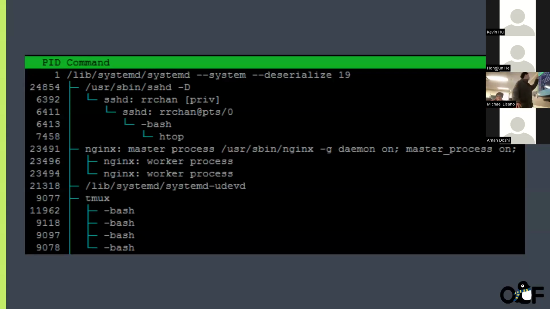But if you were to run it locally, it would look like essentially 1 first, and then you have a couple of other processes like SSHD, and then others. And then you can see that they depend on each other like this. And the same for Nginx, Tmux. You have the shell running onto the state session. If you were to run a command in Bash, you would see your command pop up here momentarily and then it would finish.